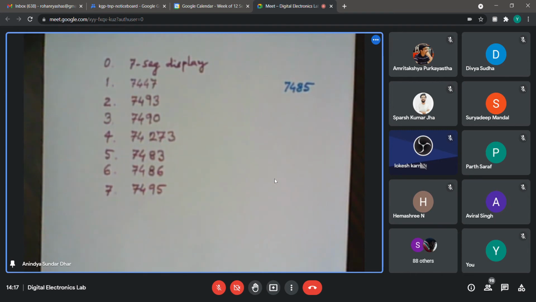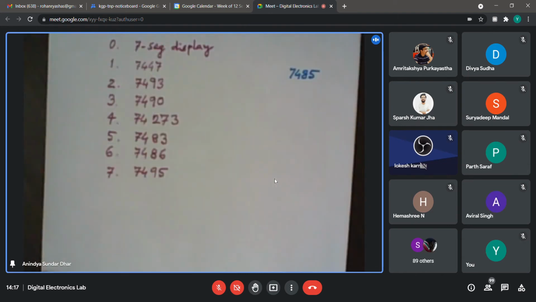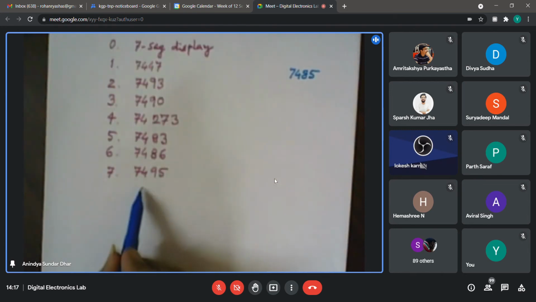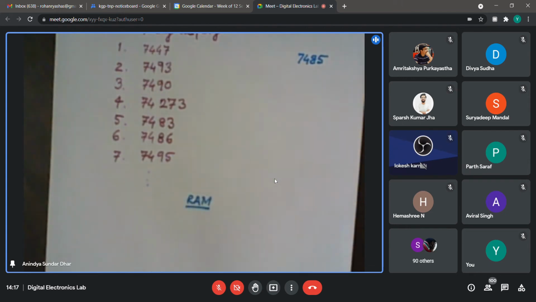Now, yeah. So I think while I was making the list, the attendance increased. So I think now we can actually start today's discussion. At some point of time, we will add a chip, which is a RAM chip. How to interface a RAM is quite important in making many systems.